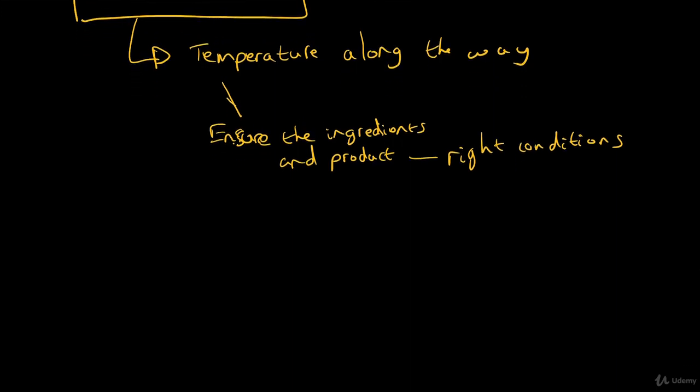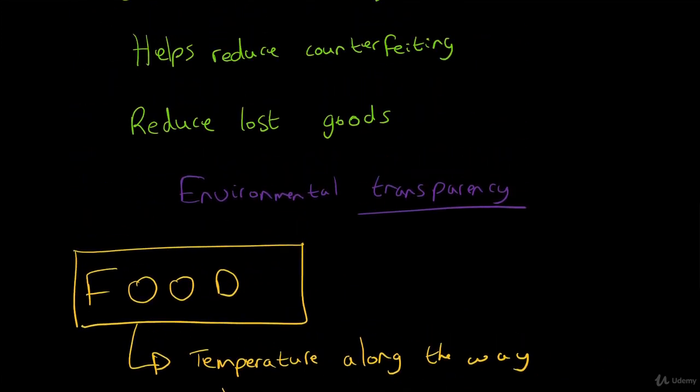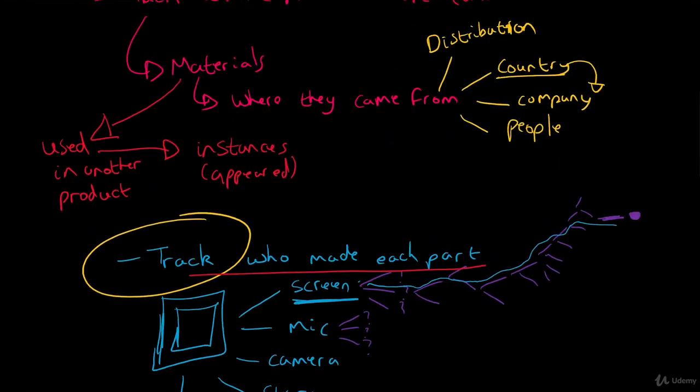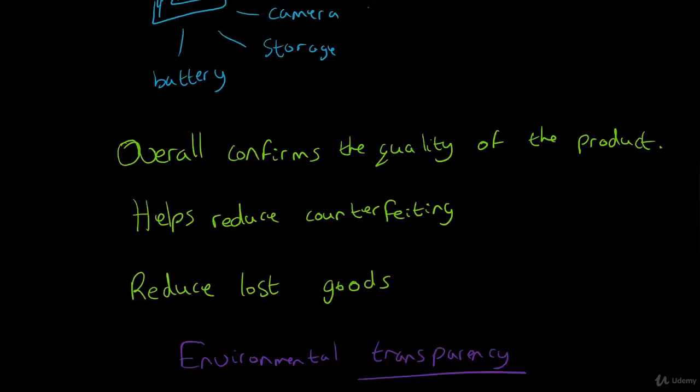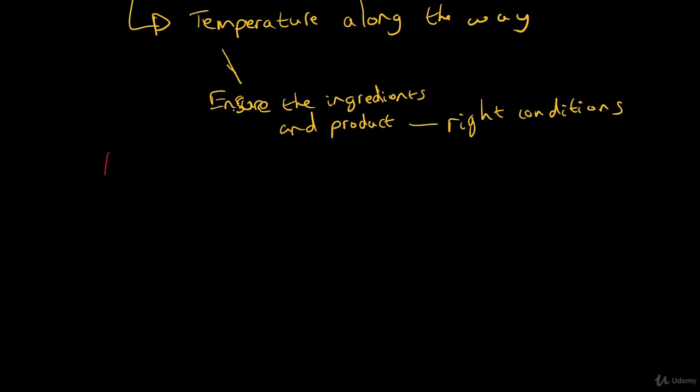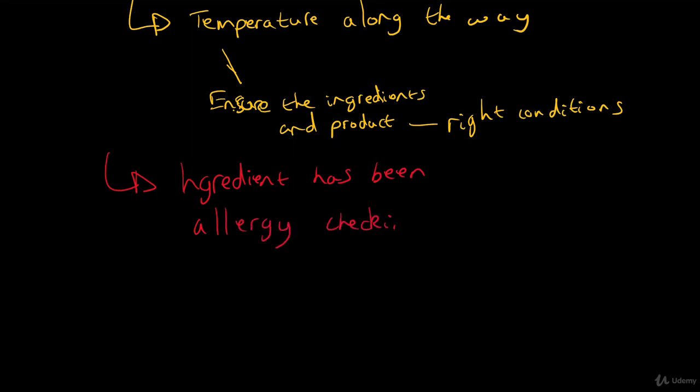You can also, through tracking each part of it and the materials, so materials in food would be ingredients, for example, and the actual machinery that uses it, check where each ingredient has been for allergy checking. And that's a really powerful concept, because you see all the time, if you go into a supermarket, you pick a bag of something up,